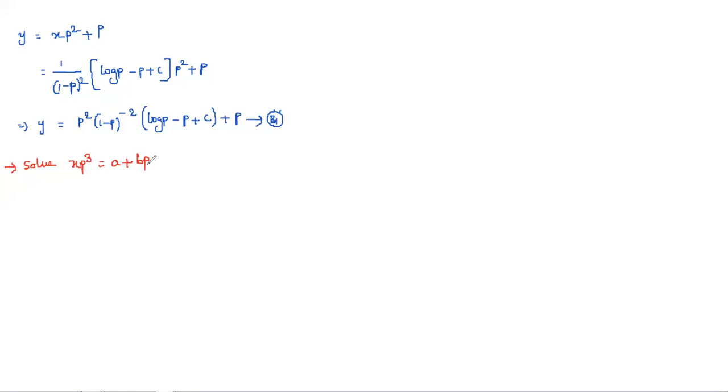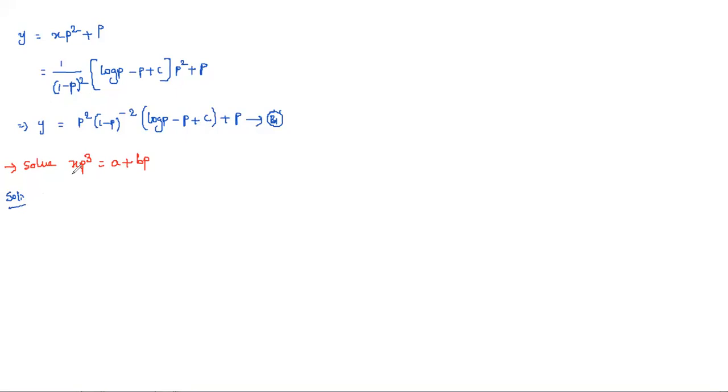Why? Because here it is having only x terms, right? Of course, p as usual is the differential coefficient. So if it is consisting only y, solvable for y. If it is consisting only x, solvable for x. So if you observe, here the problem is having only x terms. So for that you need to apply solvable for x. Same procedure you need to apply as what you applied for y. So there is no change in that.